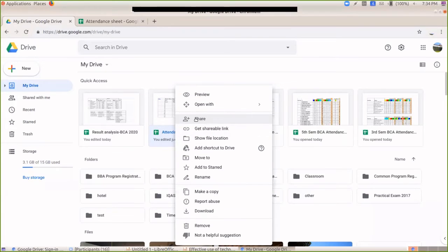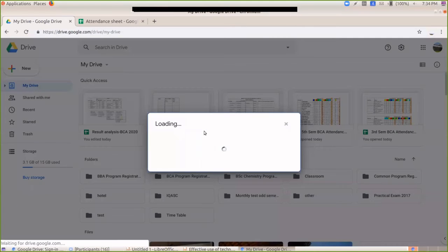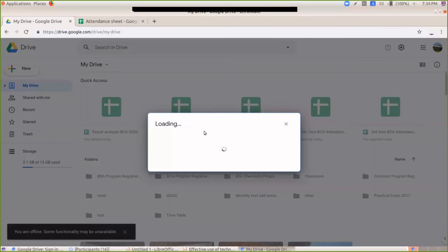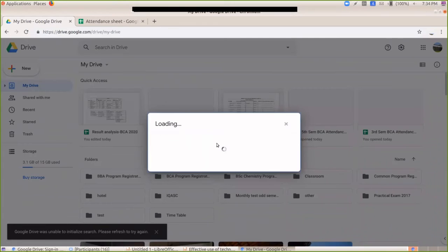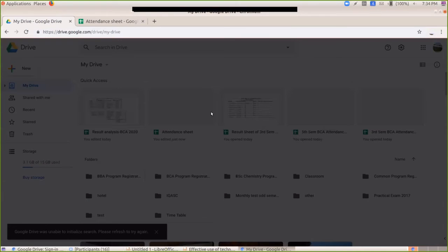When you click on this, you can see there is a Share menu. When you click on the Share menu, a pop-up will come, same as the previous option. My net is a bit slow, that is why it's not coming properly. Let's see. Yes.